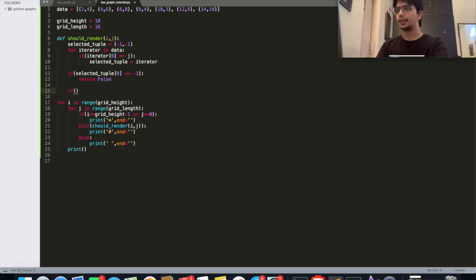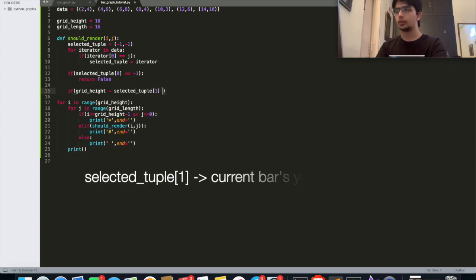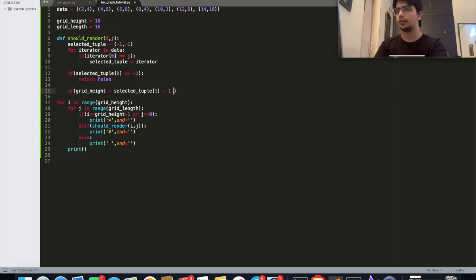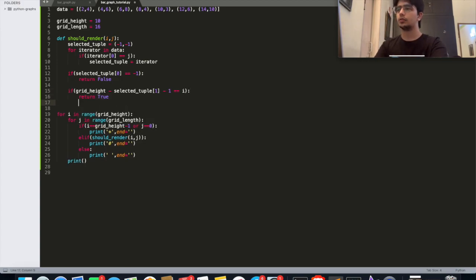So what that means is, if grid height minus the length of our data point, that is selected tuple of 1 minus 1, because we offset from 0 in Python, is equal to i, then return true, or else return false.